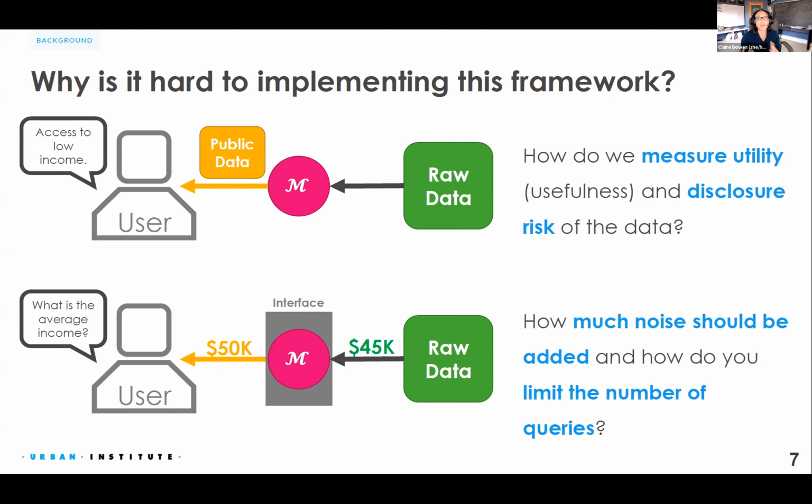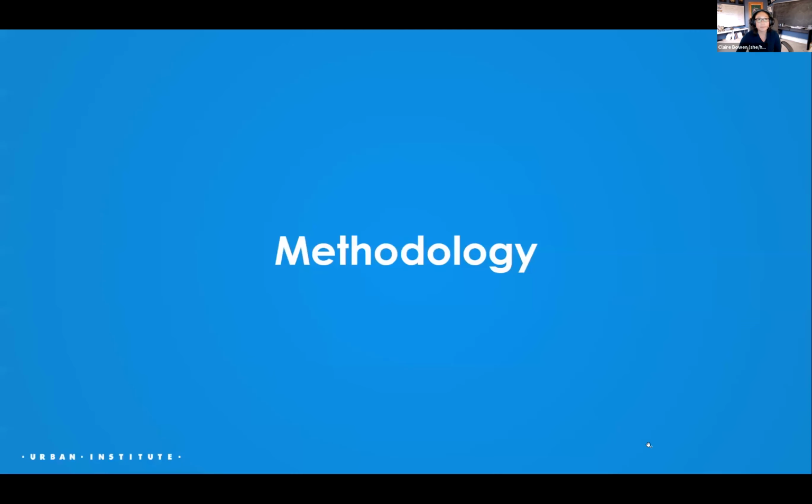And then also, how do you limit the number of queries? Because frankly, people are smart and clever, and they'll try to game the system, and it's hard to predict how. So let's say, in a follow-up question, somebody was trying to be clever and said, well, how much does Claire's income deviate from the average? Then in two questions, my privacy would be violated. So again, it's hard to protect against, figuring out who is trying to be clever and how they are going to attack the data.